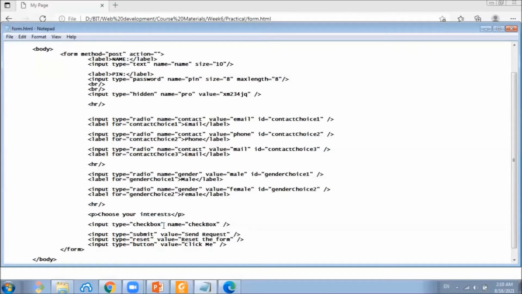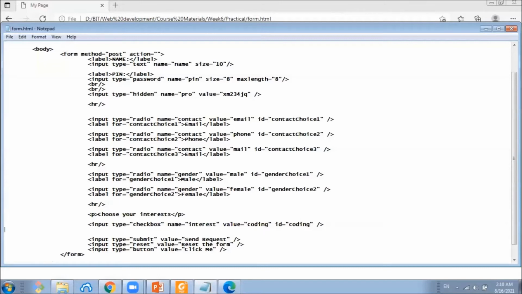And then our first checkbox we specify as interest. And the value is coding and the ID is coding. Let's put a label for coding.